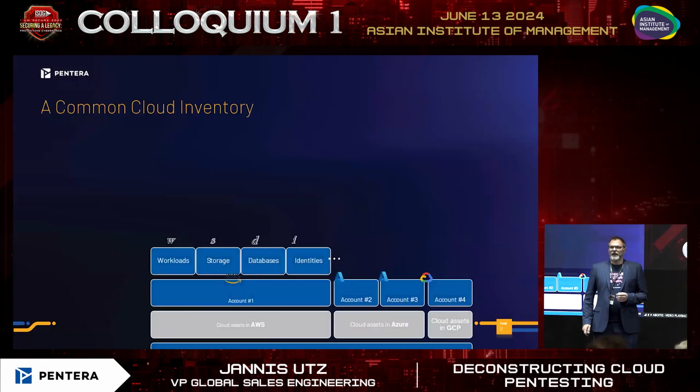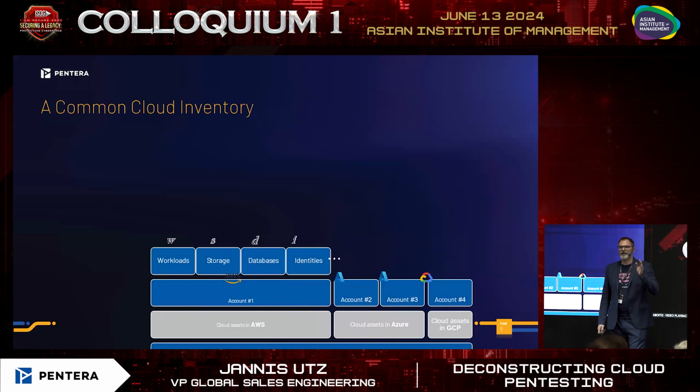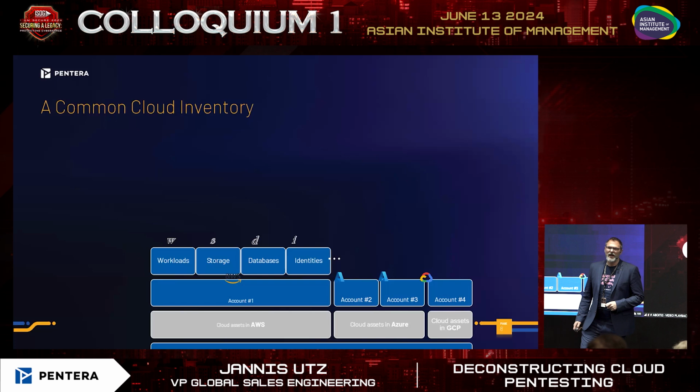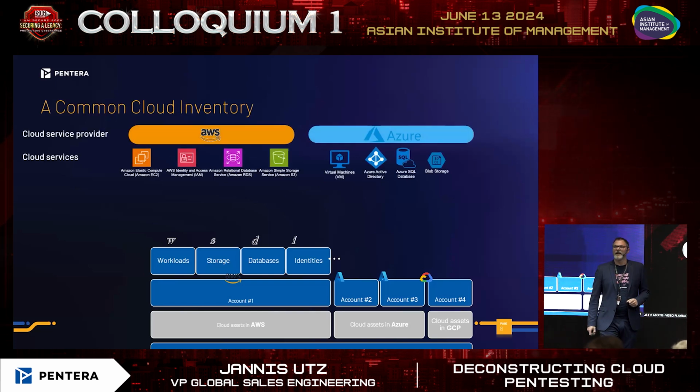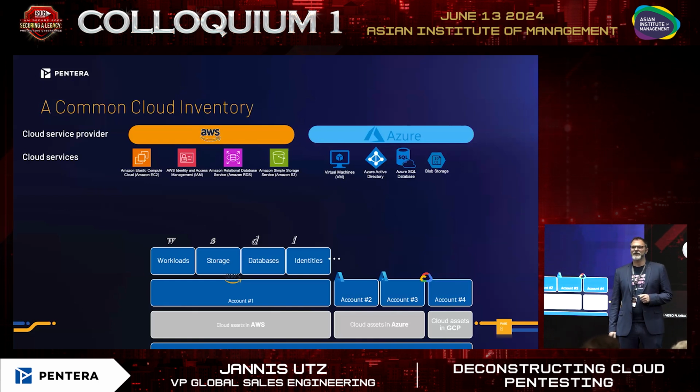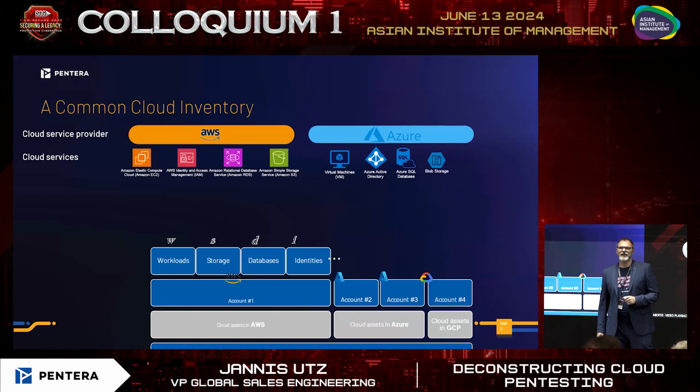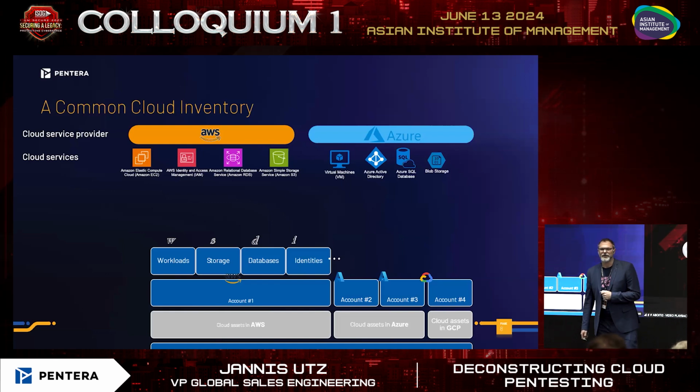Unfortunately not. All right, let's take a quick look. We see the different aspects inside the account, right? This is an AWS example. That's the wider box. Then we have Azure and GCP on the side. So we see the workloads, we see the storage, database, identity. And we see our different cloud providers, which we see here the EC2 or virtual machines on the Azure side, the identities, the databases, or the storage, the Amazon S3 or blob storage on the Azure side.